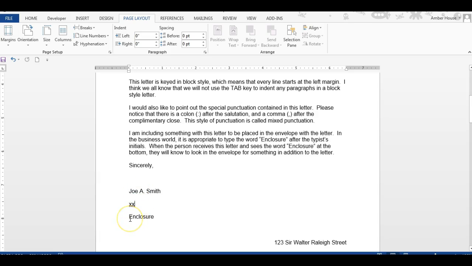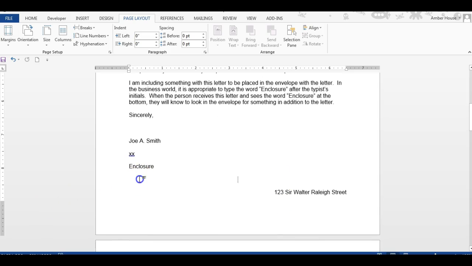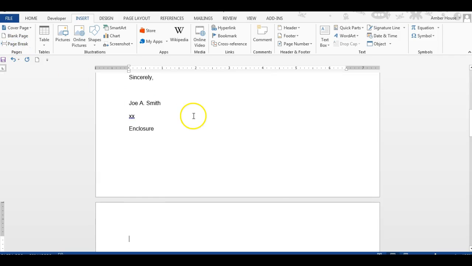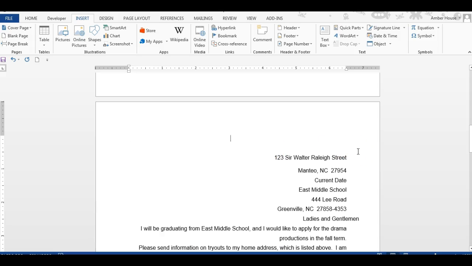And then this is telling you there's an enclosure. There's still something in the envelope that's supposed to be with that letter. So when you're opening it up or when you're typing it, that should serve as a reminder for, oh, I've got to add something else in there. Or if you're the recipient, oh, there's something else that comes with this letter. So if yours does like mine and it brings the next document up, after enclosure, you're going to go to the insert ribbon and click on page break, because all of this is your next document. And then you're just going to delete up,